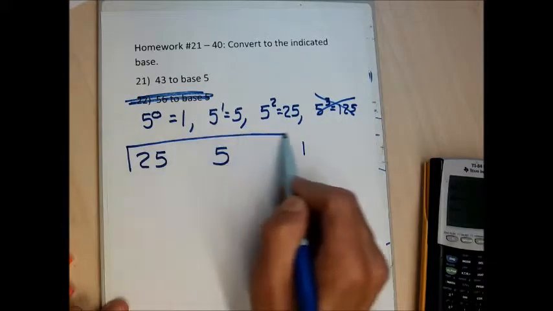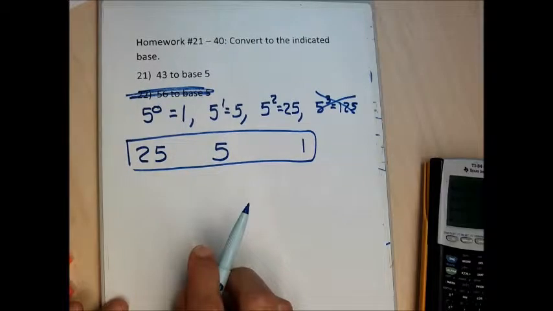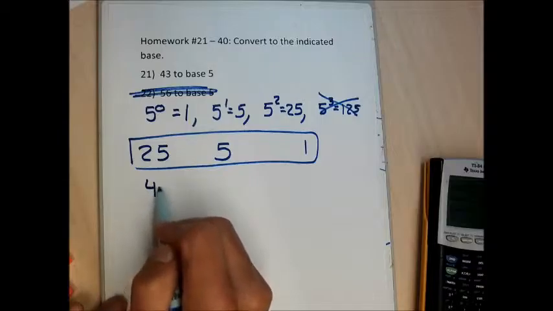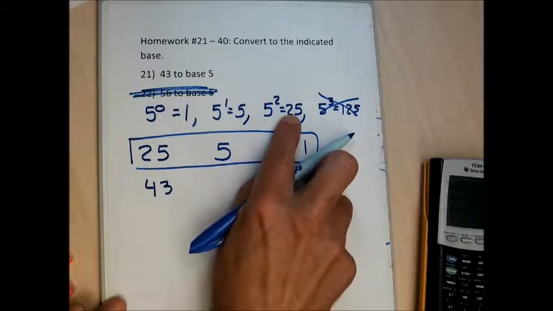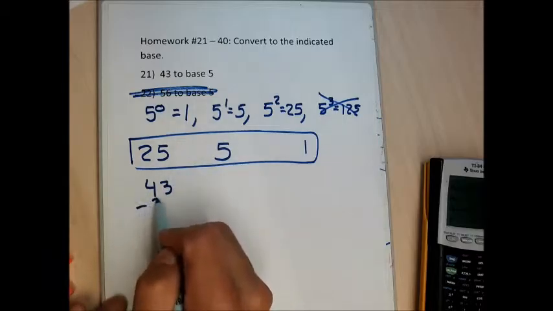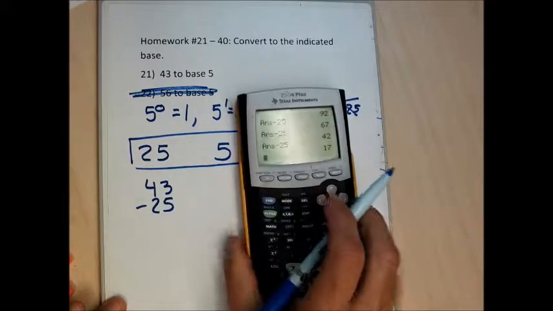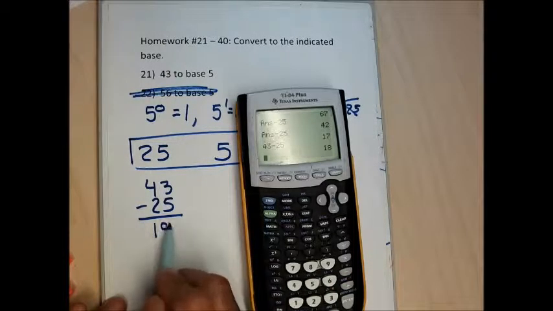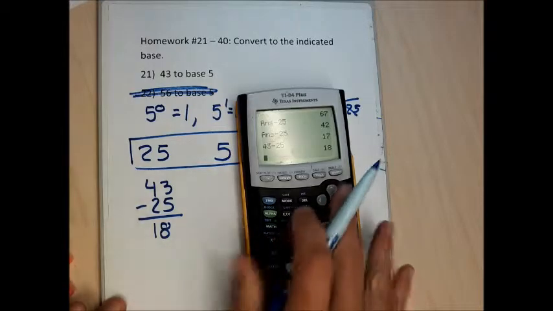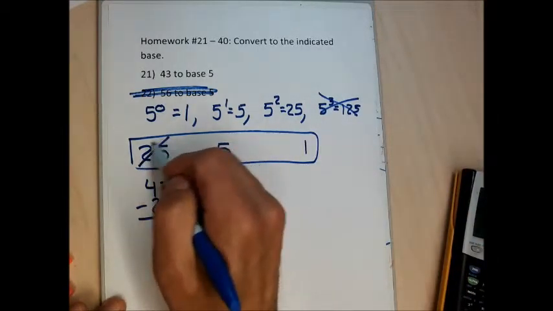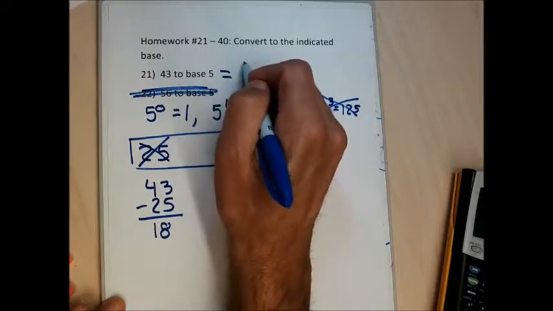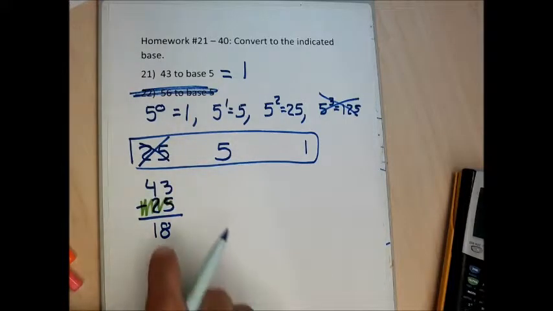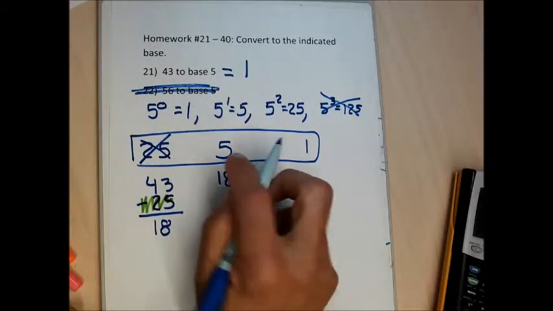So what I'm going to do is subtract from 43 25, and then 5, and then 1 to help me get my answer. So I'm starting with 43. I take the biggest power of 5 that's less than 43, which is 25, and subtract it. So I'm going to go 43 minus 25, and that gives me 18. Because that's less than 25, I'm done with this 25. Part of my answer is going to have a 1 in it because I was only able to subtract this one time. I'm going to carry my remainder of 18 over,